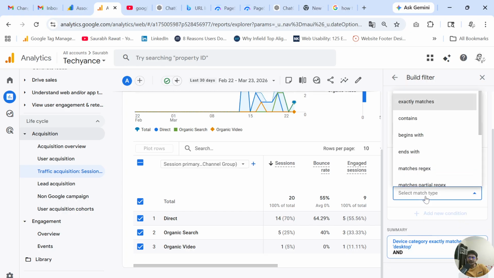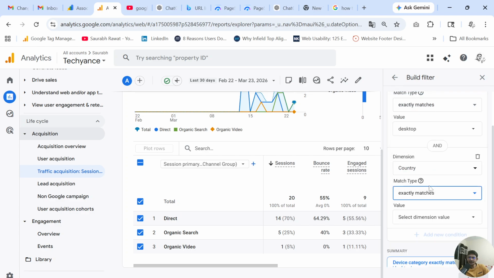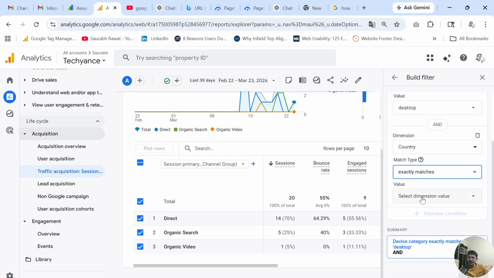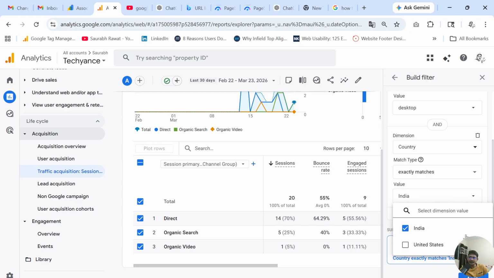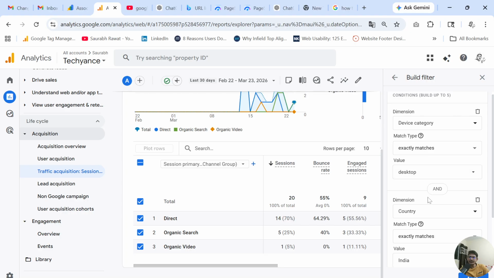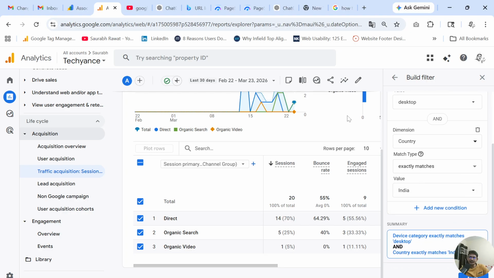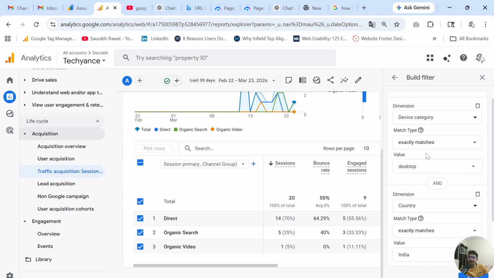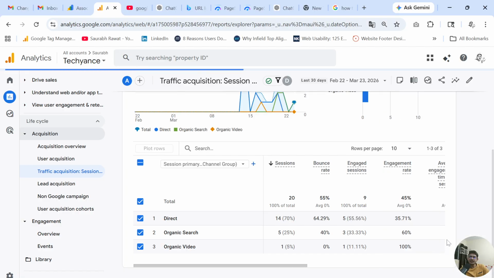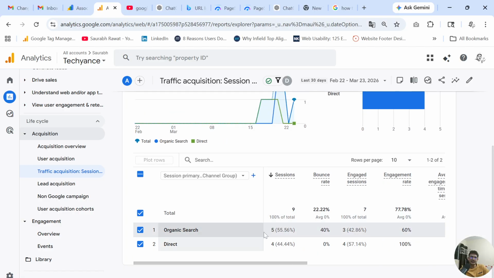And here you can also use exact match, and I want to use country, suppose this one. And here I added two filters. In a single filter I am adding two conditions, I would say. So here I will click on the apply button, and now you can see, if you want to cross-check,